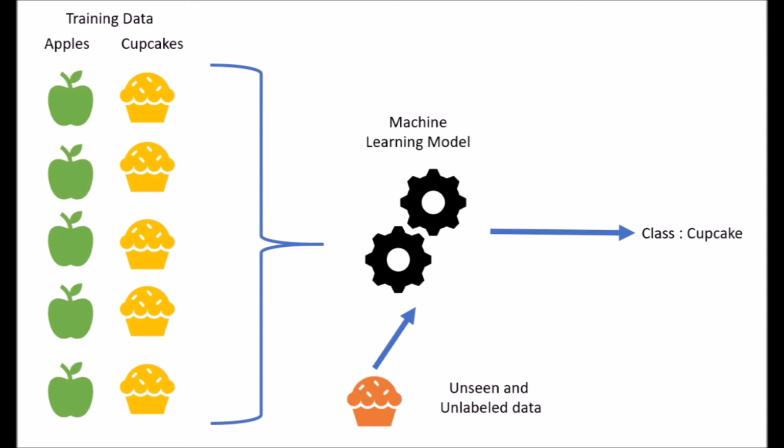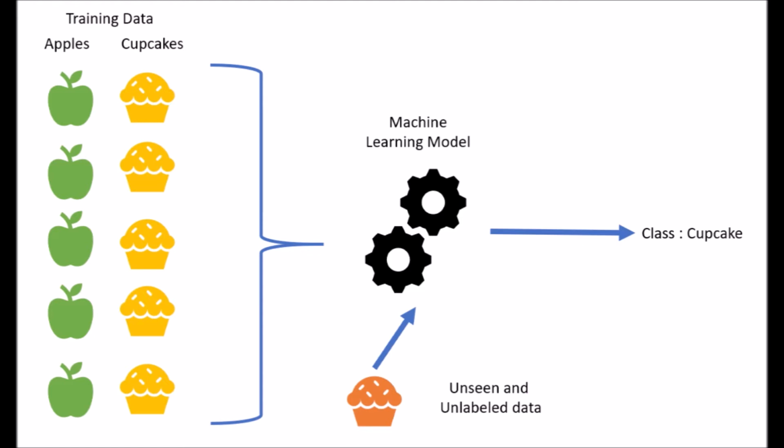Here, input means a set of attributes. Attributes can be the size, shape, color, taste, etc. of the object. And the output is the name of the object itself. So in input, we are providing a set of attributes, and in the output, we are specifying that if an object has all these attributes, then what it needs to be called. Since we are providing an output for every given input, the data that we provide to a machine learning algorithm is known as labeled data.